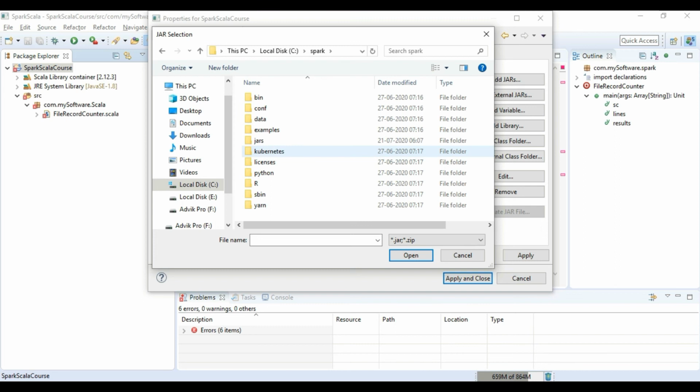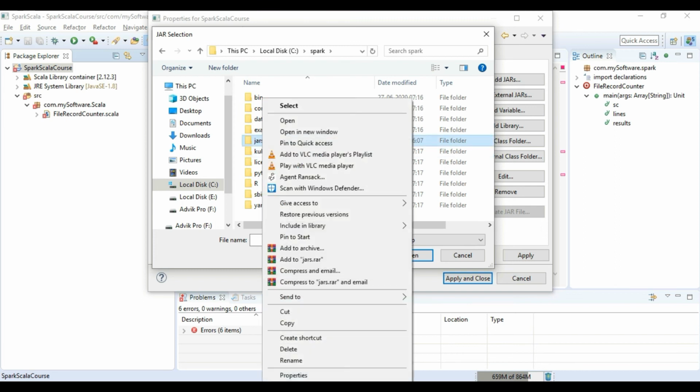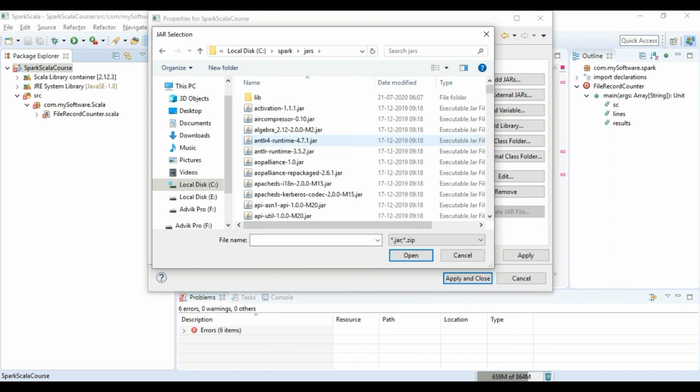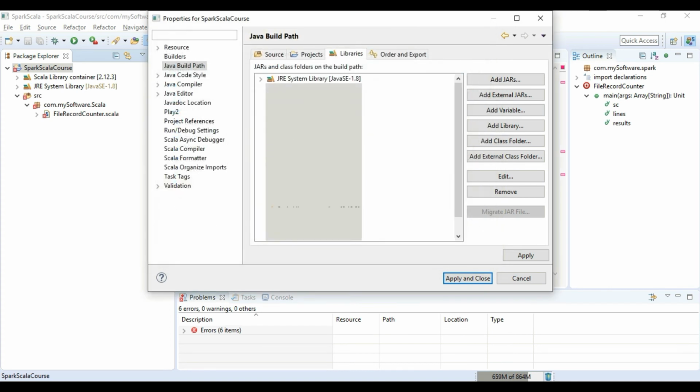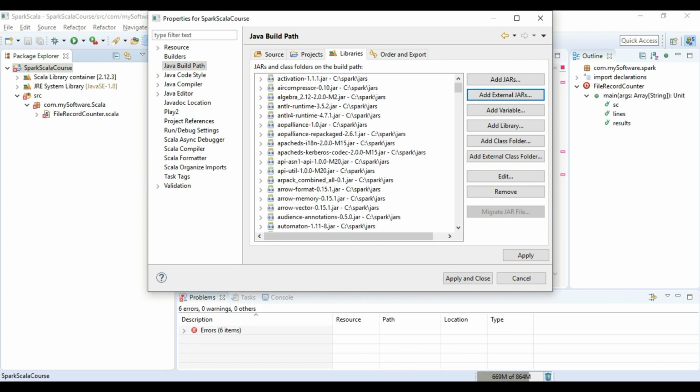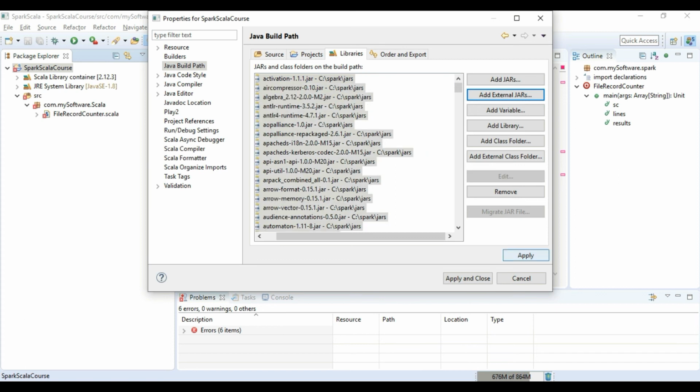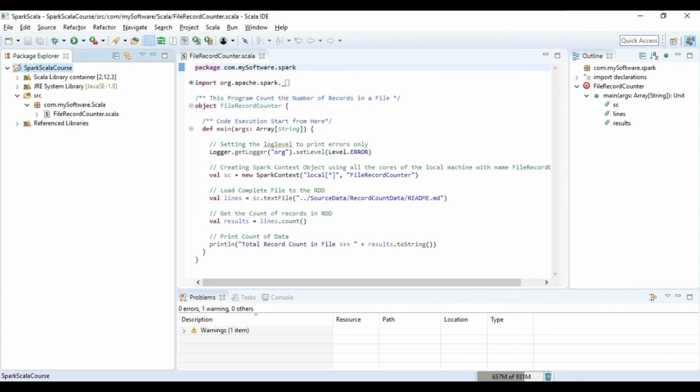You will find a folder with the name jars. Open it. So it has a collection of all the jar files. Select all the jar files. Hit on open. Now click on apply. It will take little time. Now click on apply and close. You can see all the errors are gone.